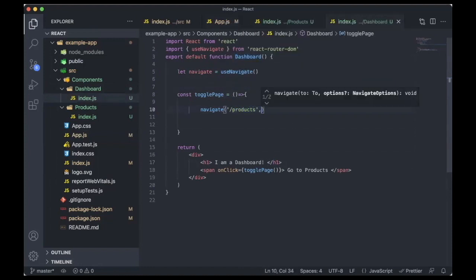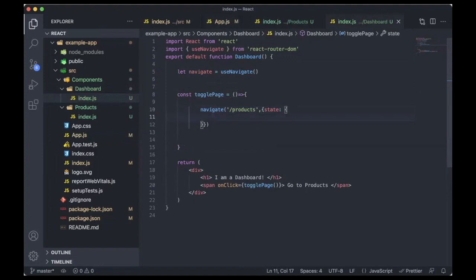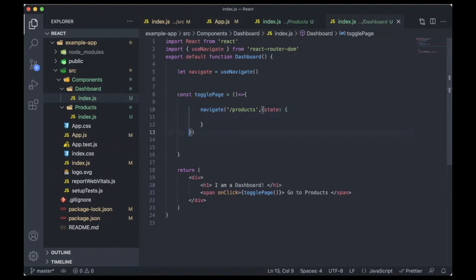So here I'm going to pass the first argument as the path to the products component. Now the second argument is going to be an object, and this object is going to have a state property. And inside the state property, you can declare multiple objects, or a single object, or whatever data you want to pass.